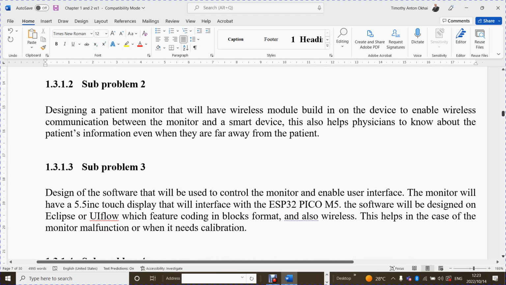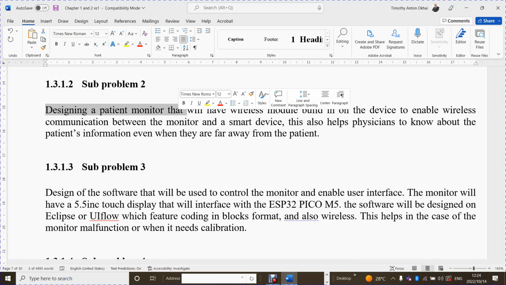designing a patient monitor that will have wireless module built in on the device to enable wireless communication between the monitor. Okay, instead of repeating to say designing a patient monitor, you already told us in the sub-problem 1 that you are going to design a patient monitor. So in sub-problem 2, you are not designing another patient monitor. You are just saying